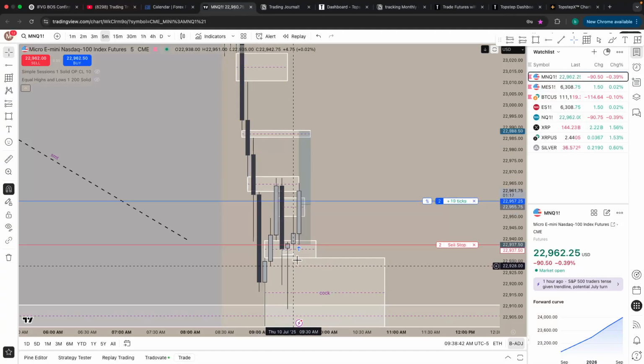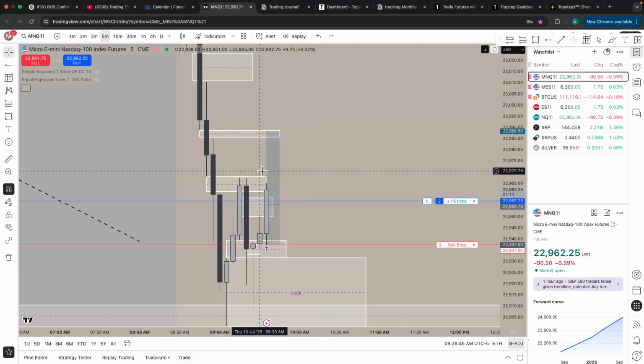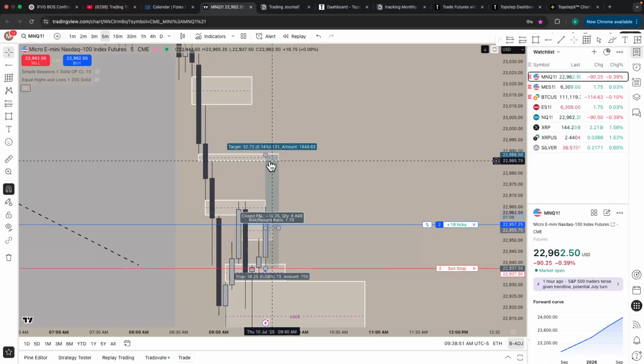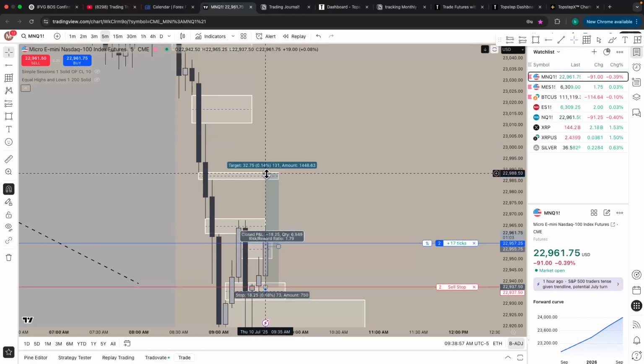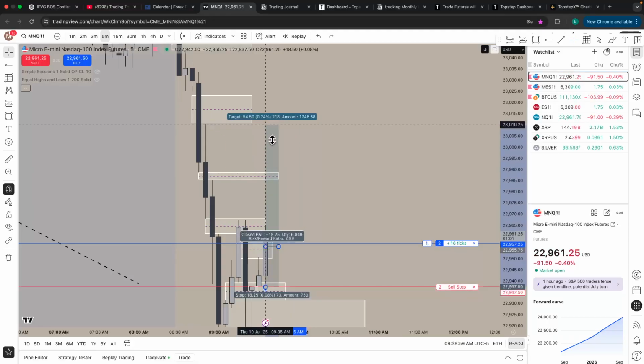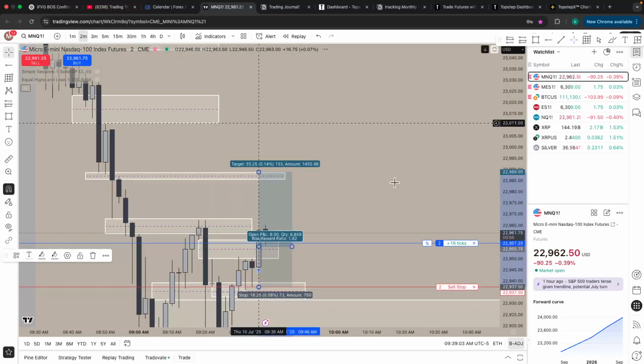We filled in, we rejected down to go fill in more in here. I think we're going to want to inverse this gap, come up into this gap, and either reject off of this gap, which then I'm going to take profits right here for half of my position, or it could come all the way up into this gap, which would be a 1 to 3, which would be really nice. But right now we're going to